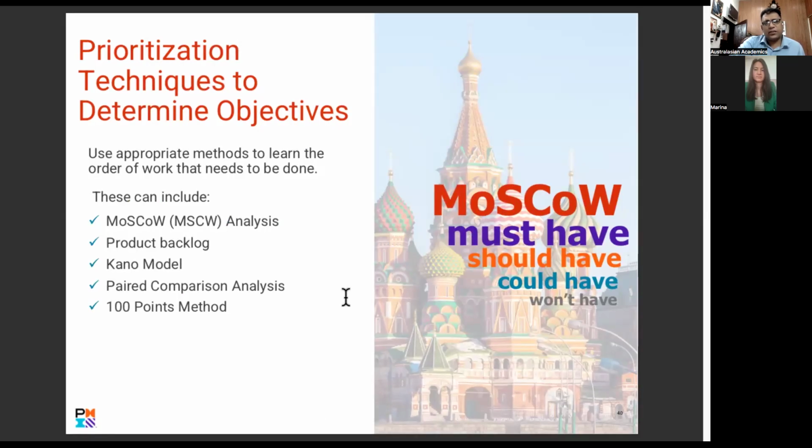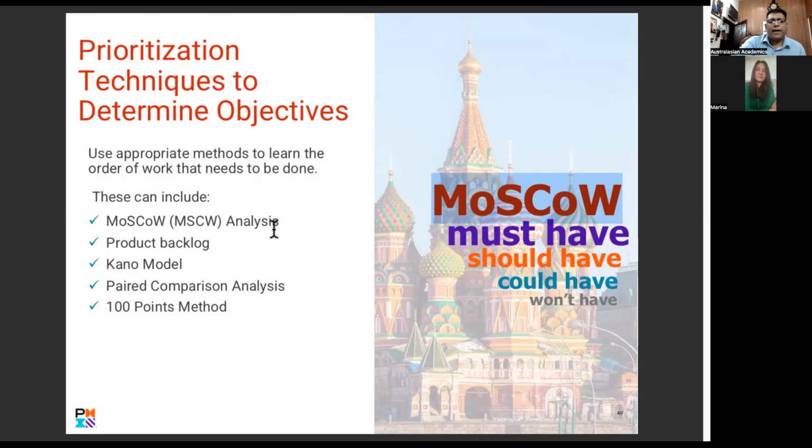Prioritization techniques to determine: MoSCoW. These are methodologies that we need to learn under Agile, and I discussed MoSCoW with you, right? So must have, should have, could have, would have. That's called MoSCoW. Ignore the O's in between; they were just added to make it more understandable. They named it after the city in Russia, the Russian capital.